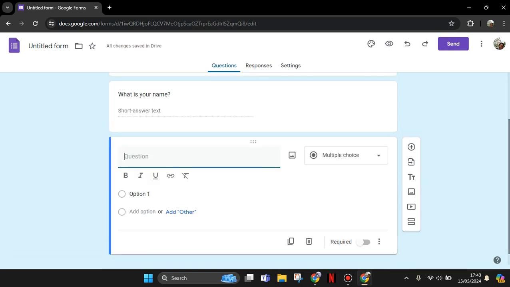So unfortunately, there is no feature in Google Forms where you can directly insert or draw a table. So I found this trick. What you need is just a third party tool where you can screenshot the table. You can use the Snipping Tool if you're on Windows, or you can just use any screenshot or print screen